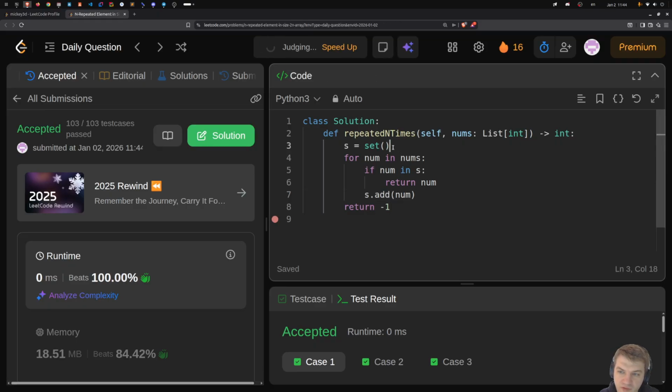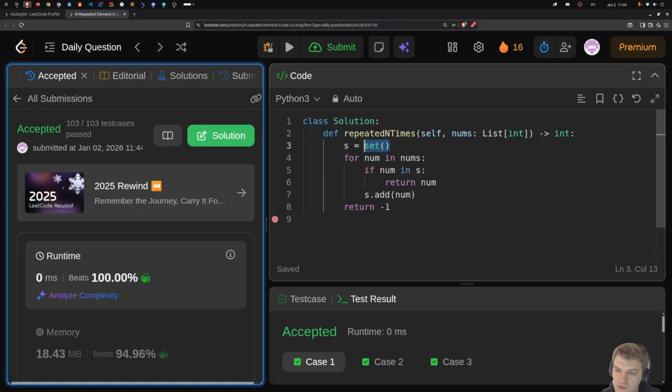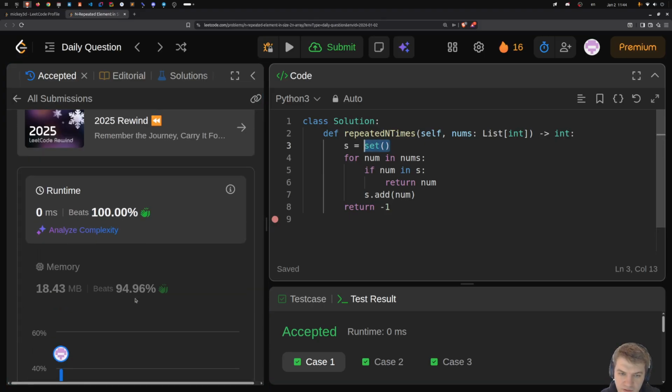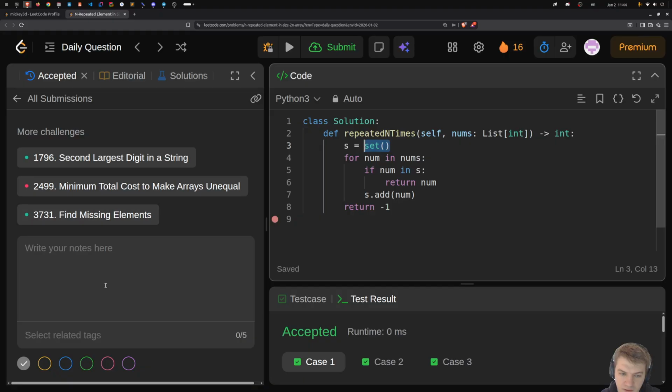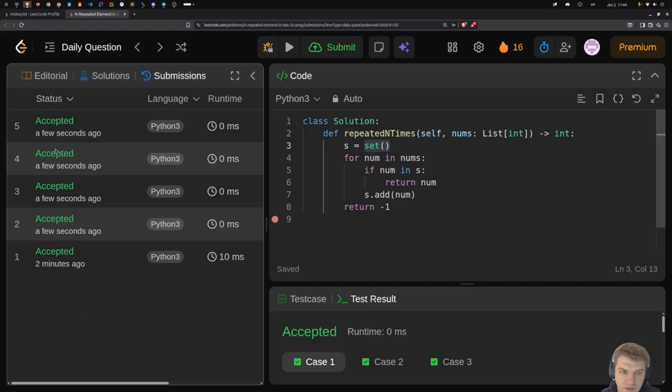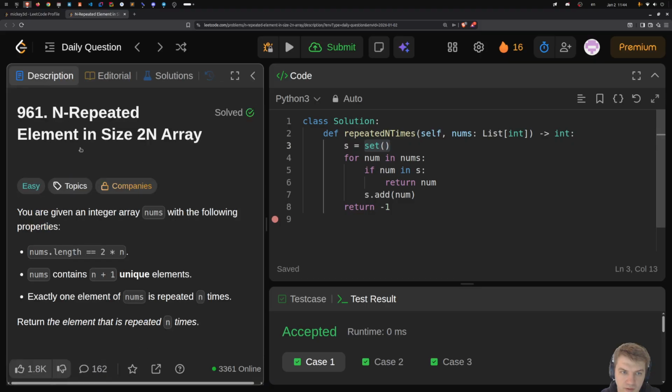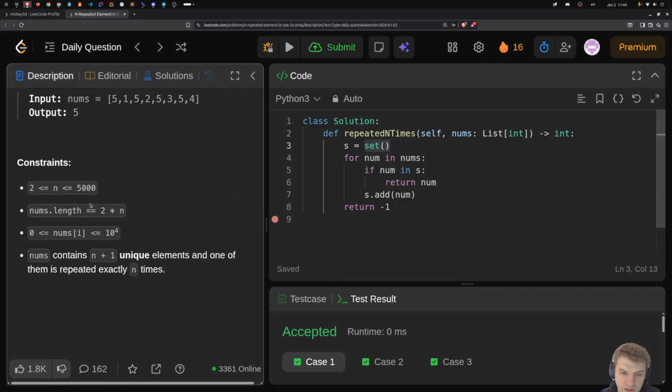So I'll do some variation of this set. I'll do this because the values are limited in range of their values. The maximum number can be 10 to the power of 4. So I'll create this array of 10 to the power of 4 plus 1, and then I'll check